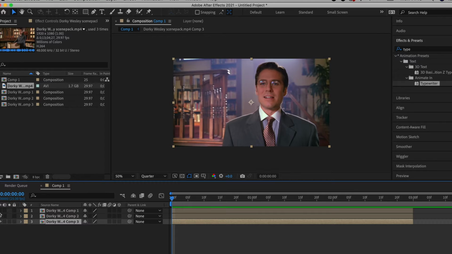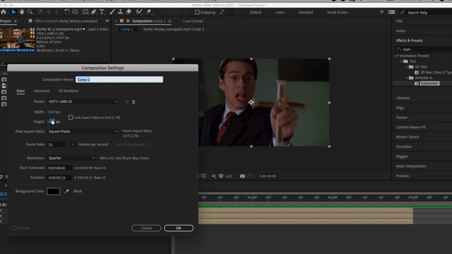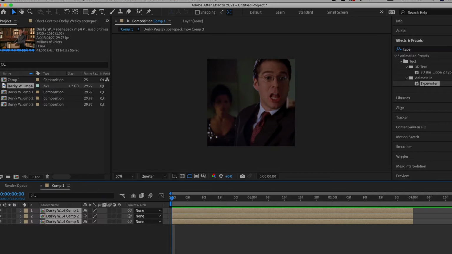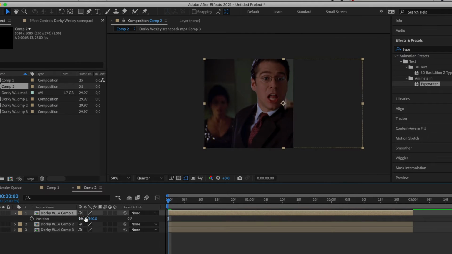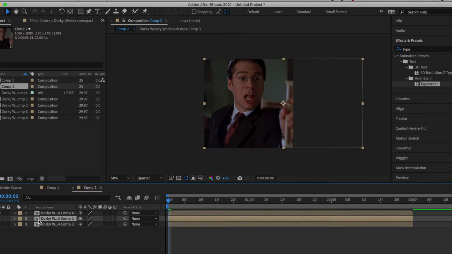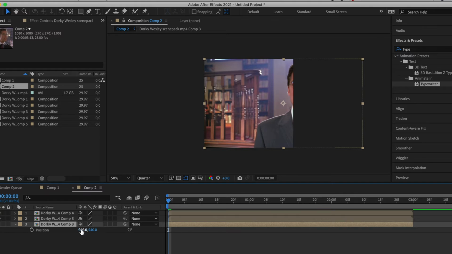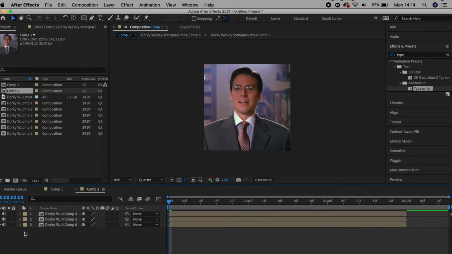These are obviously the wrong size for the tower, so all you're going to have to do is copy the clips, create a new composition where the width and the height are the same to create a square, and then paste the clips into the new composition. Now you're going to center the clips before pre-composing them individually so that they maintain this square shape. You can now copy the newly pre-composed clips and paste them back into the first composition, deleting the old clips